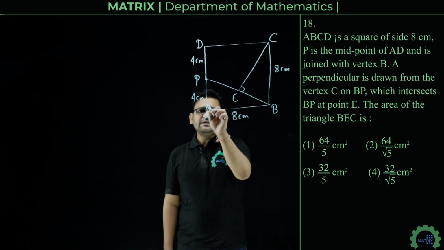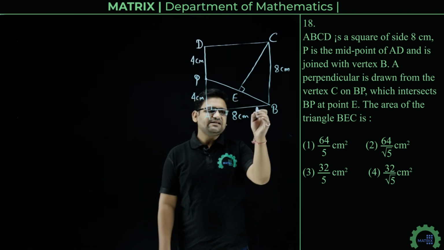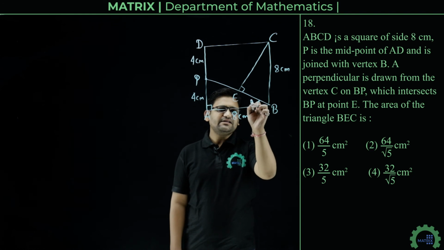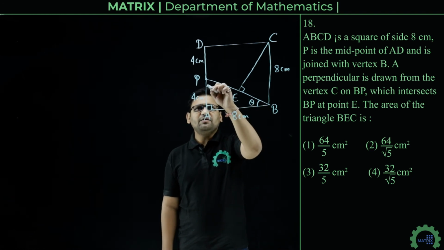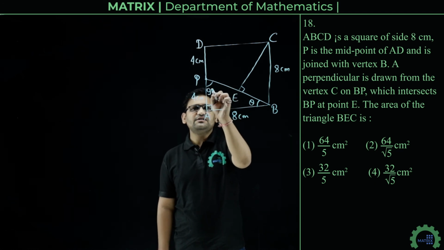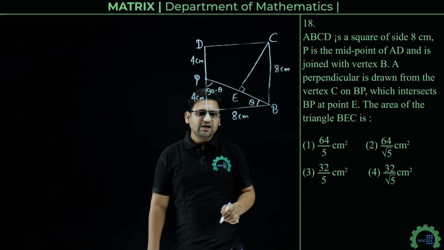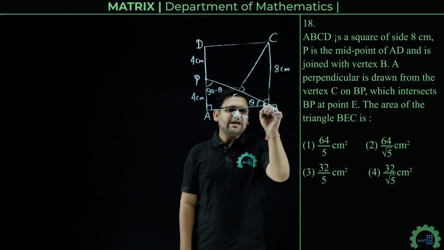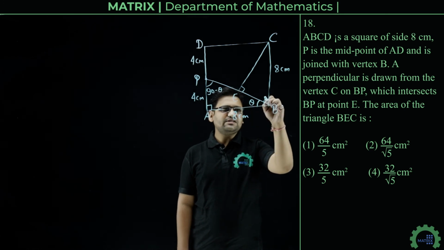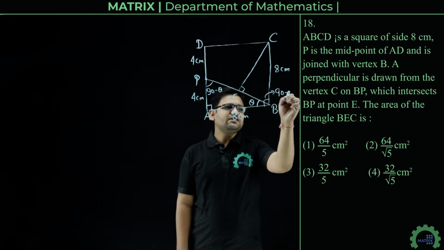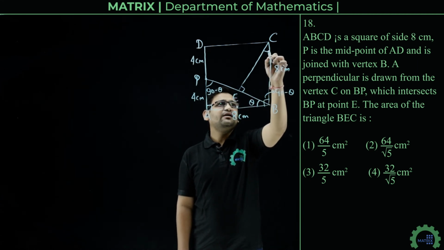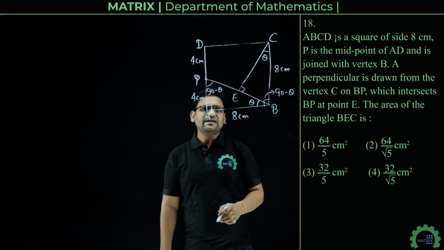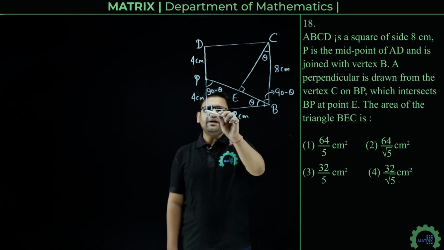So this angle is 90 degrees. Let's say this angle is theta. This angle is 90 degrees, so this angle will be 90 minus theta. Again, this complete angle is 90 and this angle is theta, so this angle will be 90 minus theta, and this angle is again 90, so this angle will be theta. So we can say the triangle BAP